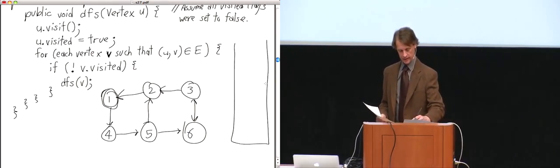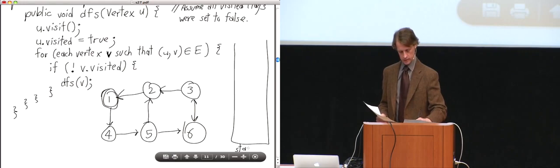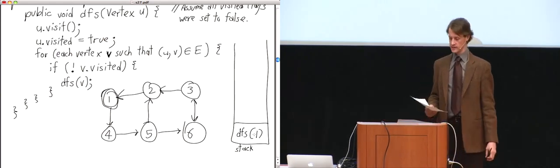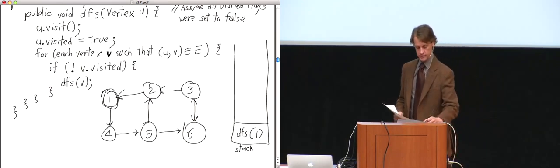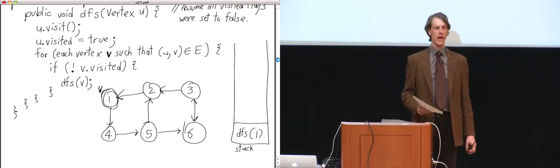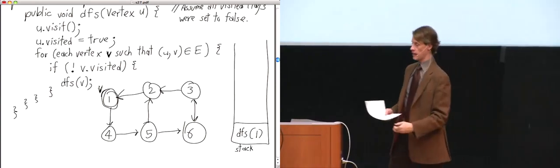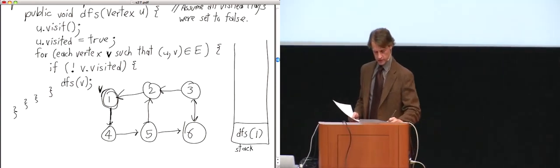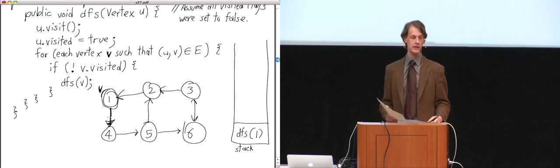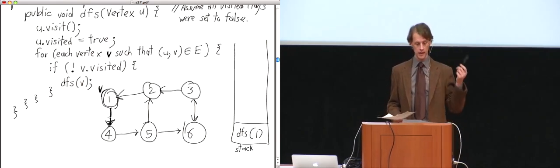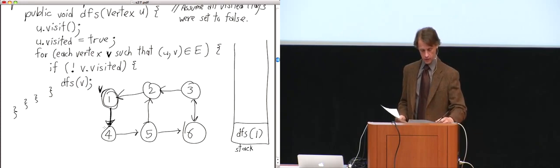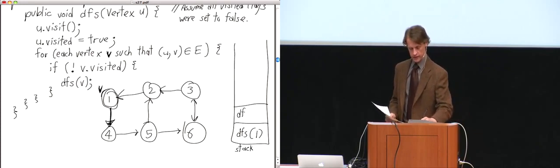So here's the program stack. I call depth first search on node 1, and so I visit 1. I'll draw a little V here to tell us that node 1 has been visited. And then I look at all the edges going out of node 1, and there's only one edge coming out of node 1, so I'm going to follow it and check, has 4 been visited yet? 4 has not been visited, so I'm going to call depth first search recursively on 4,